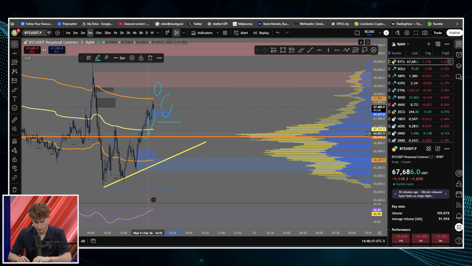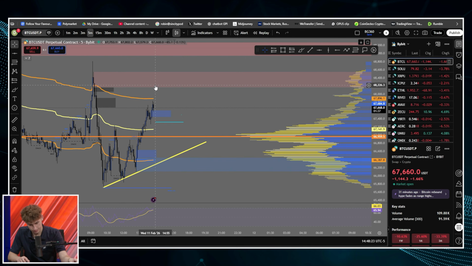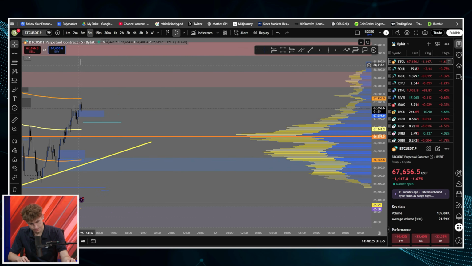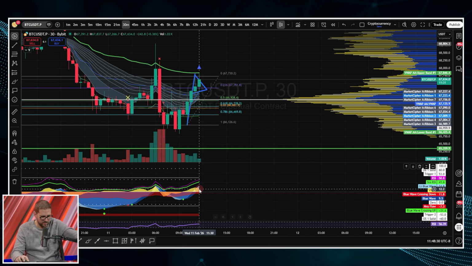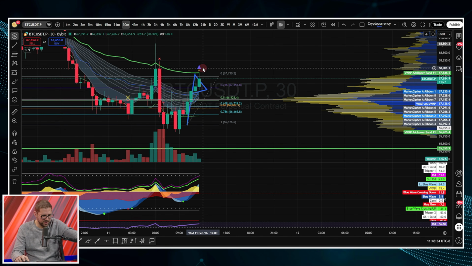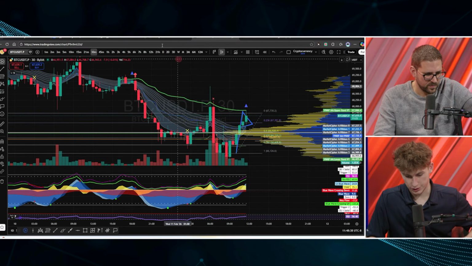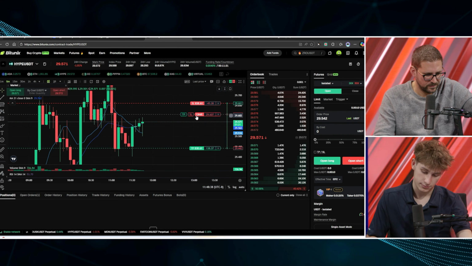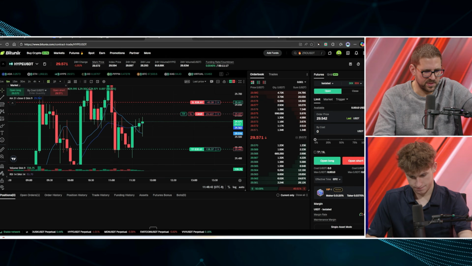I'll leave the blue line, but I'll take the circles away. Then I will get in on a short because that's a break of structure, a change of character, a manipulation and things like that. One thing I will say though, 30-minute Bitcoin is telling us a reversal is coming, right? Potential for a trigger wave to the downside, and you got your reversal candle here. If we see that invalidation earlier than I think, then I'll get in, and it'll be fine. Still waiting to get tapped in on this Hyperliquid trade.